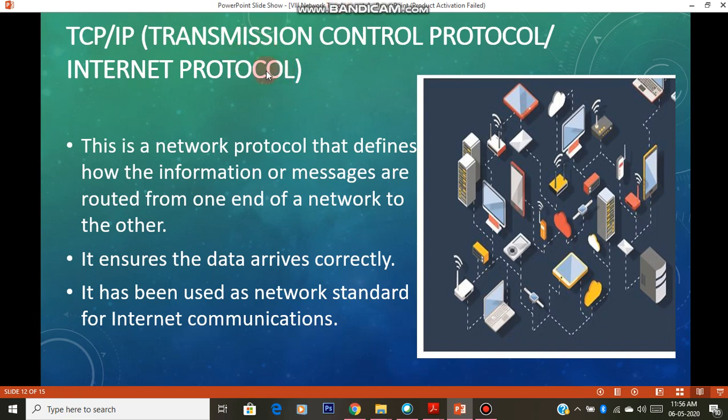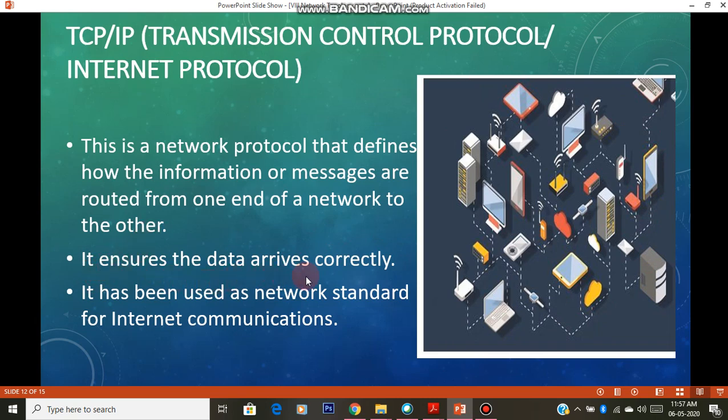These both protocols work together internally. There are different functions for these two, but that is not required now. Just understand that TCP and IP are the protocols which help us to communicate with each other through the internet. What all does it do?